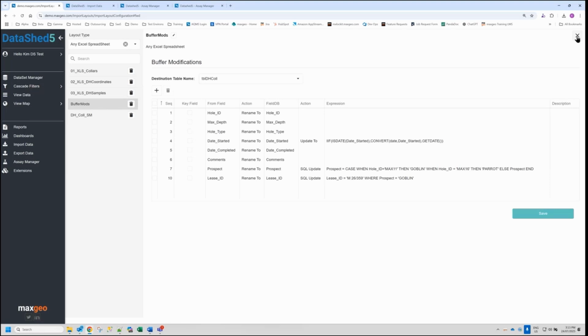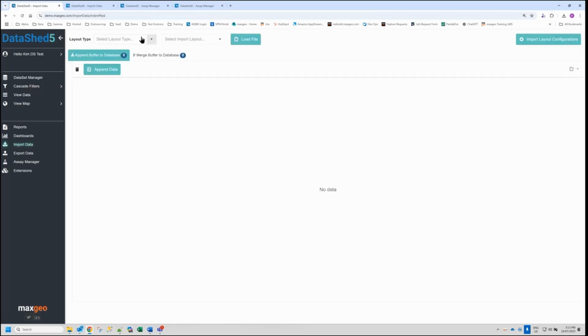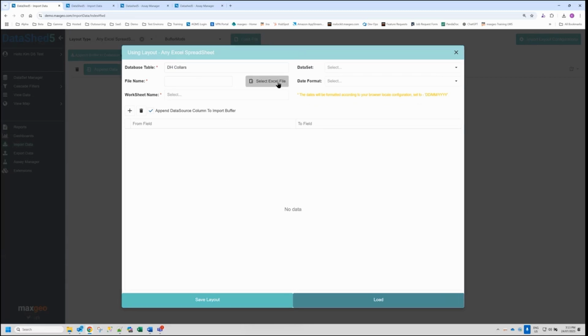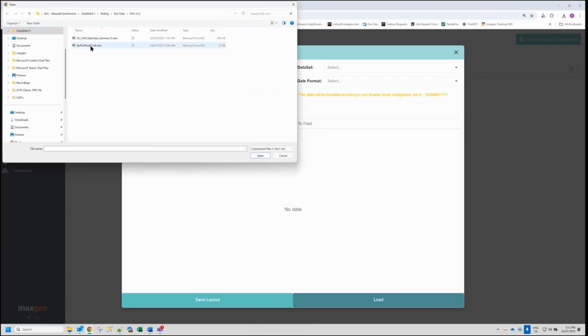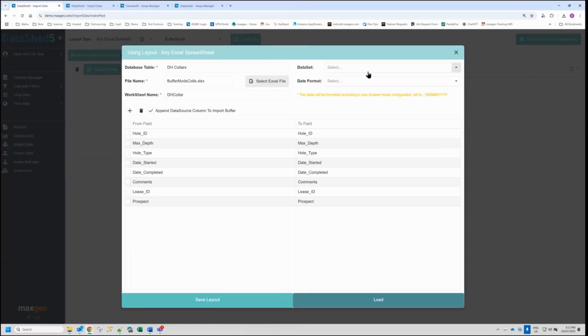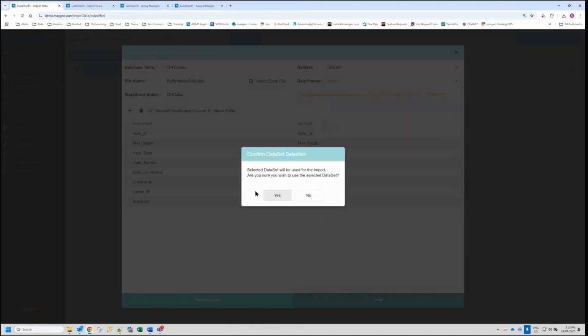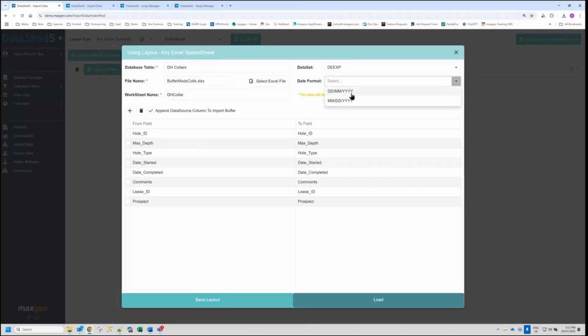Let's see how that looks. If I choose Excel spreadsheet, select our buffer mods layout, load the data file, choose a default data set and a date format. If I click load,